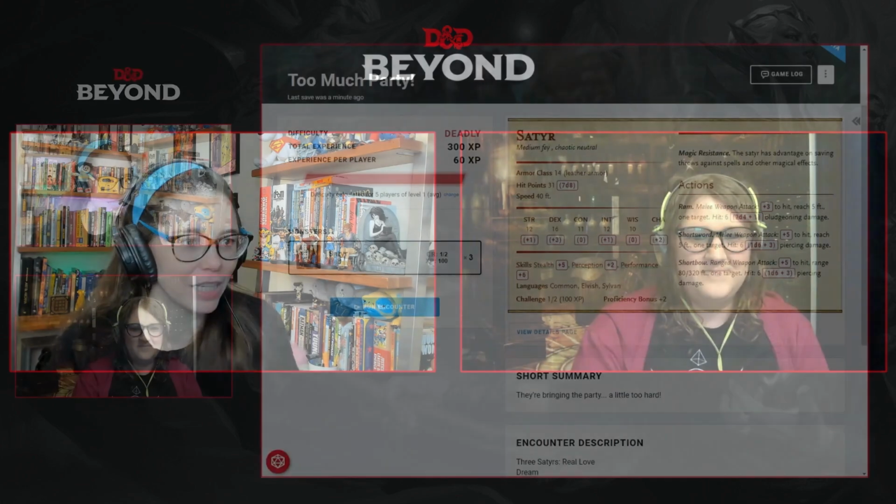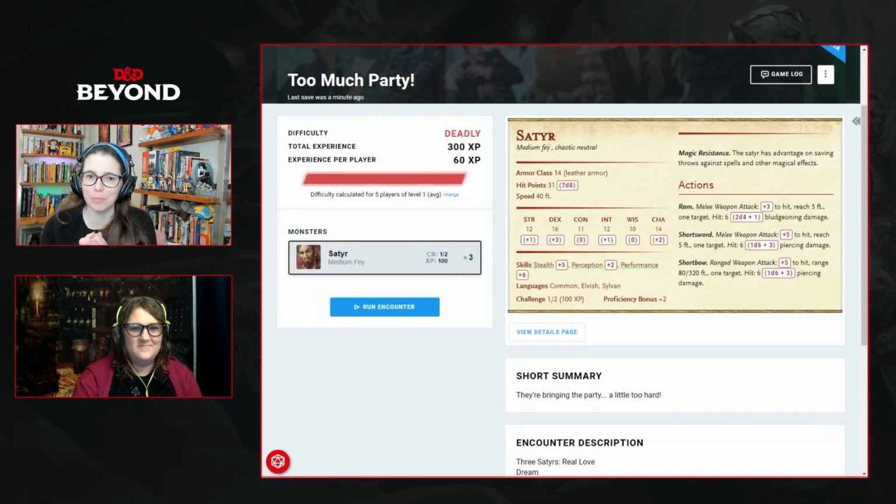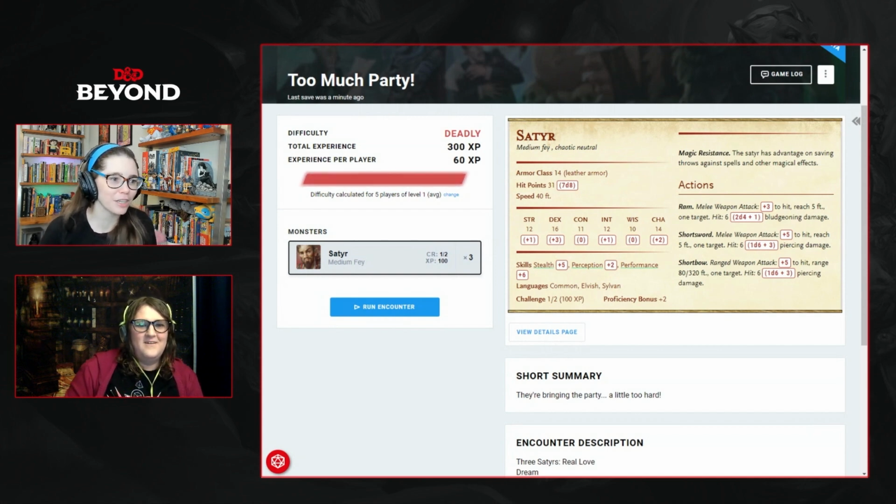Let's flavor those out. So they have a ram attack, which is +2 to hit, reach 5 feet, one target, bludgeoning damage. I feel like the ram attack is probably the party headlock. I think so. It's like a mosh pit. They've got their standard short sword and short bow, and they have advantage on saving throws against spells and other magical effects, which I would say